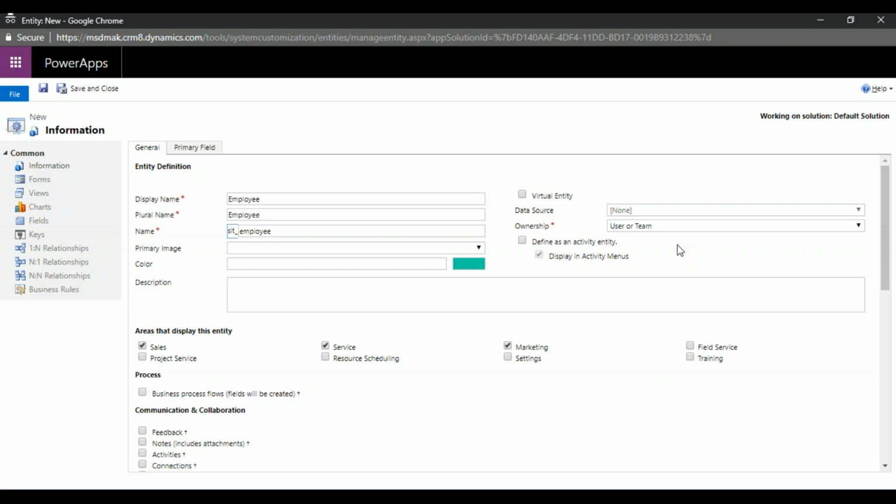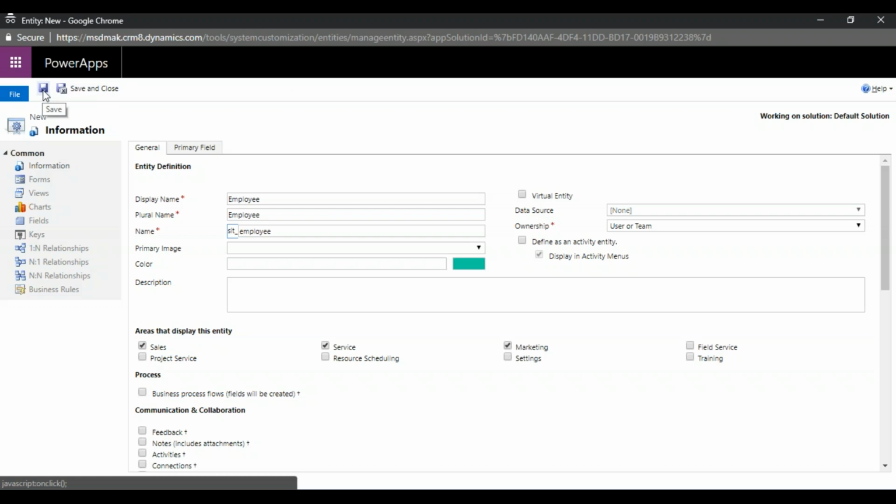I think deleting is not our option, because once you created an entity, some data is already integrated with that entity. That is painful work. It is not that easy to delete an entity. So for ownership, I thought that we can switch back to organization. No, that is not possible.